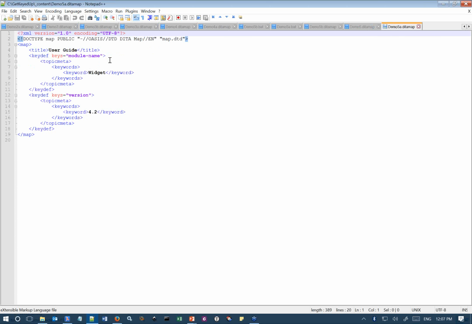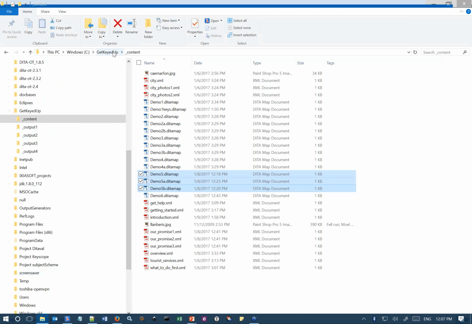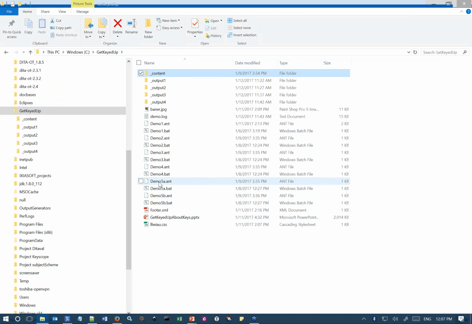And I've got exactly the same module name key, version key, 4.2. And in my second map, I have just a module name key and a trim key, but no version key. And here is my topic ref to a topic named Overview. If I generate this output as is,